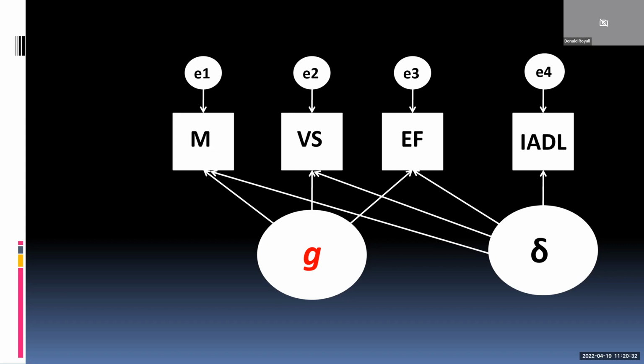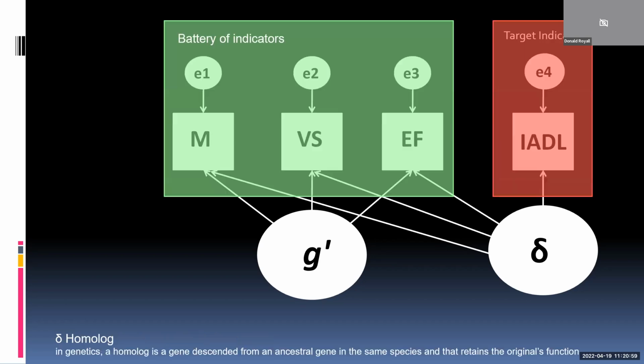Since we've adjusted all the indicators for delta, G isn't quite the same thing anymore as it used to be. Delta is actually a piece of G. It robs the G construct of some of its variance. And so I indicate that by calling what's left of G, G prime. So this is more or less a generic delta bifactor model circa what we've been publishing since 2012.